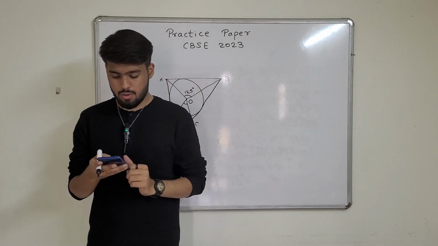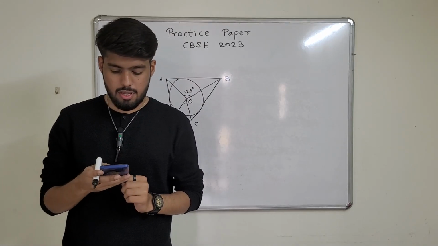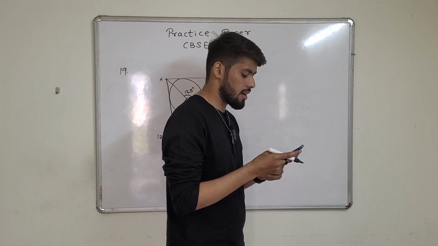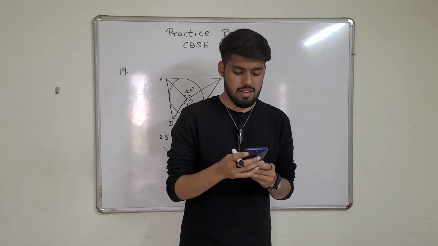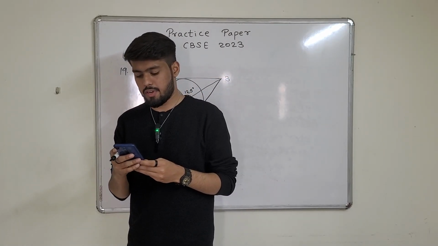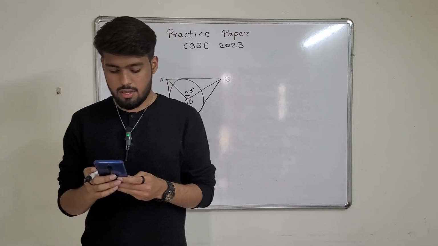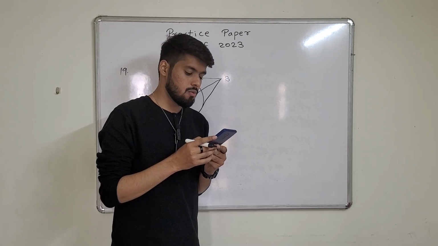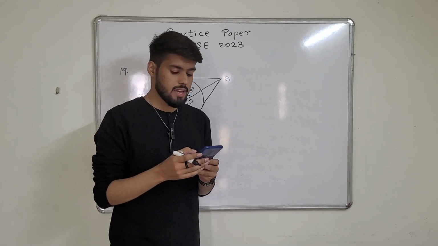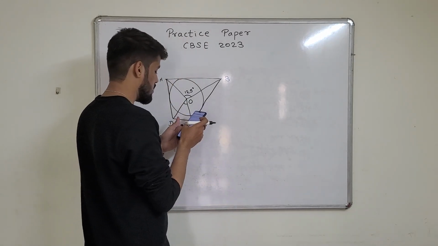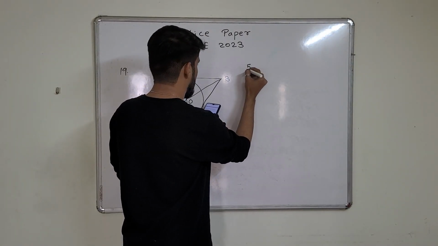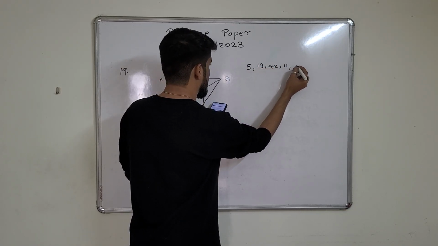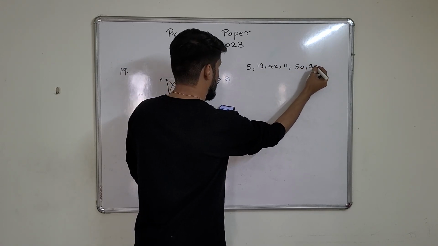Okay. So let's go to the next question, that is the 20th question. If the number of runs scored by 11 players of a cricket team are 5, 19, 42, 11, 50, 30, 21, 0, 52, then median is 21. Okay, and the reason is median is the (n plus 1) upon 2 value if n is odd. Okay, so first of all, the given data is 5, 19, 42, 11, 50, 30, 21,